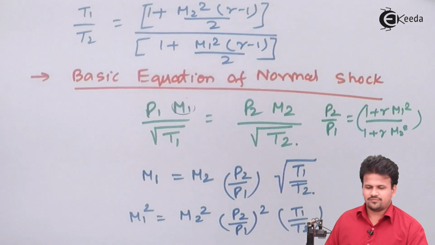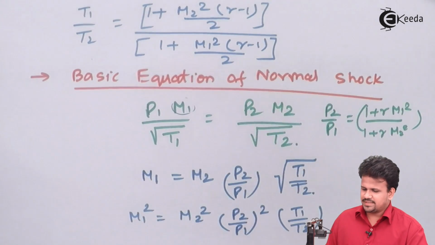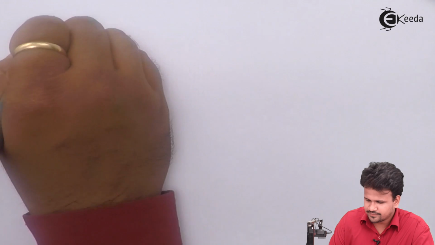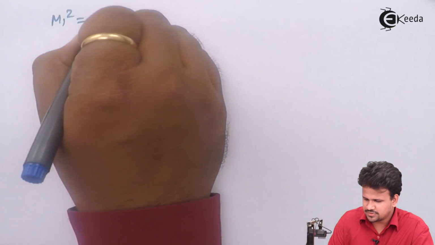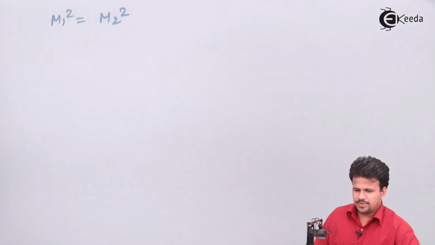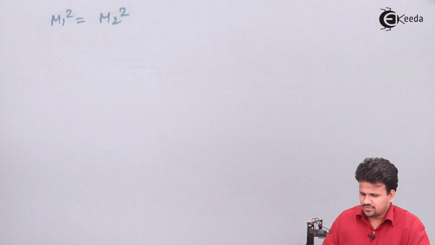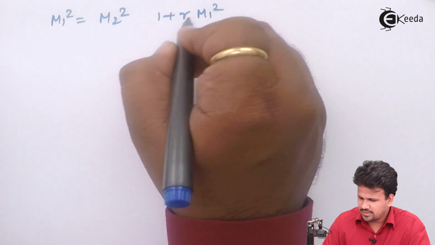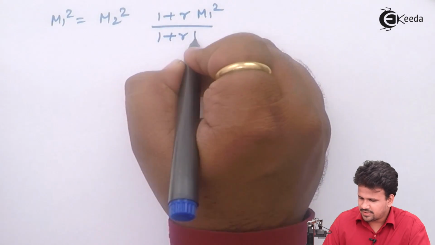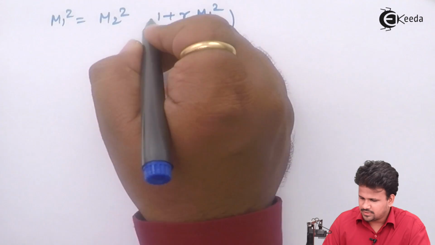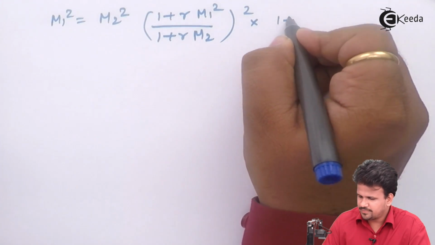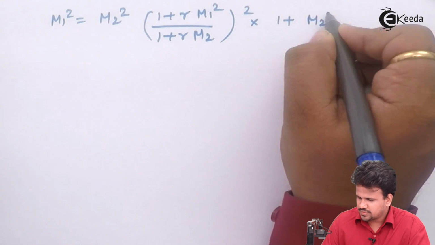These values we have seen, so let us substitute back in the equation. M1 square is equal to M2 square into, substituting the value of P2 by P1, 1 plus gamma into M2 square upon 1 plus gamma into M1 square, the whole square, into T1 by T2, that is,